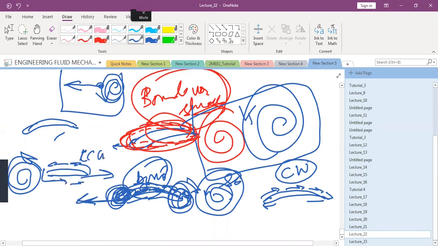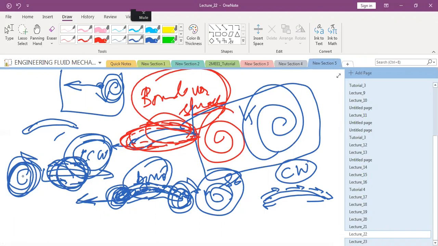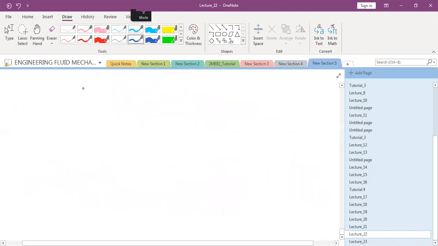Anti-clockwise direction. So the bound vortex is bound with the aerofoil, and the shed vortex has happened because you are moving the aerofoil through the stagnant fluid, and both of them have opposite rotation. So that is why you have net circulation as 0, and this actually comes from Kelvin's theorem.